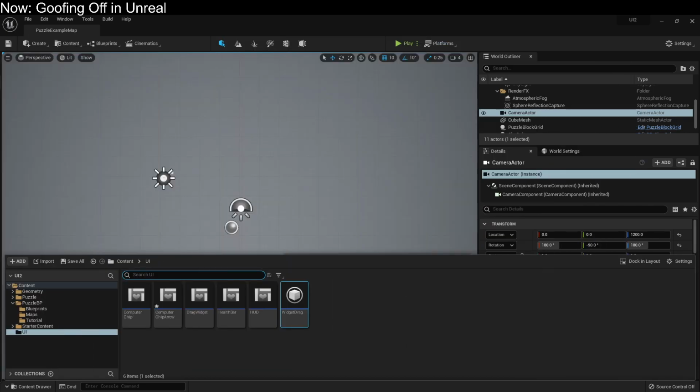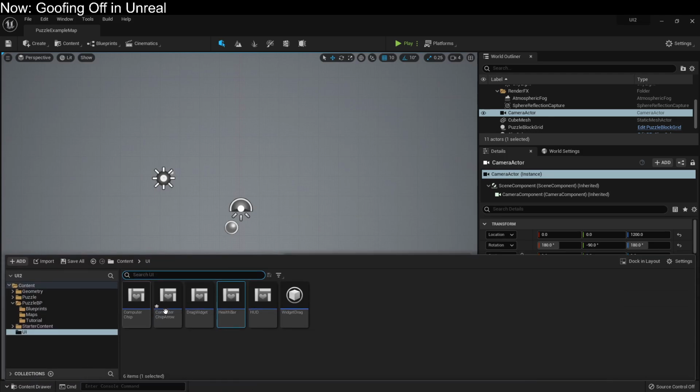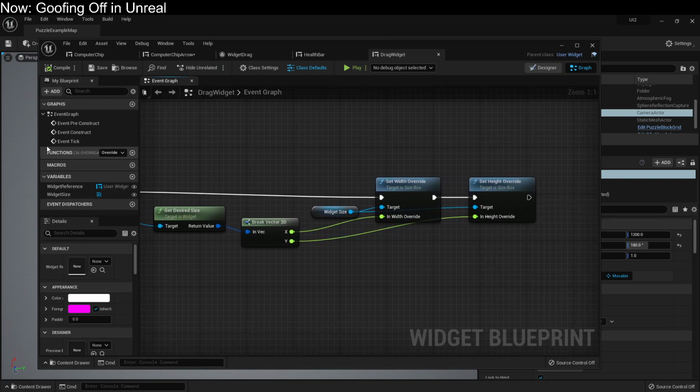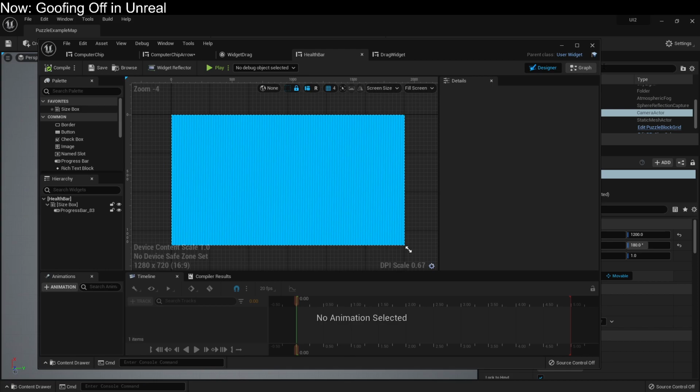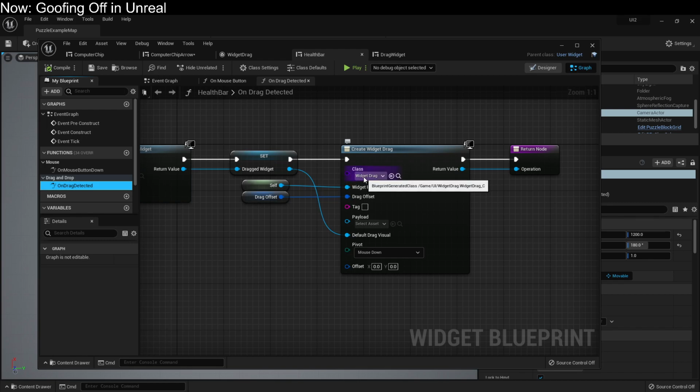Let's take a look back at the things we created. The health bar and the drag widget. So the health bar has us on drag detected, and when the on drag is detected, we create a widget drag class. The widget drag class just has variables. It doesn't do anything. It's just a struct. Then it's the drag visual that's responsible for